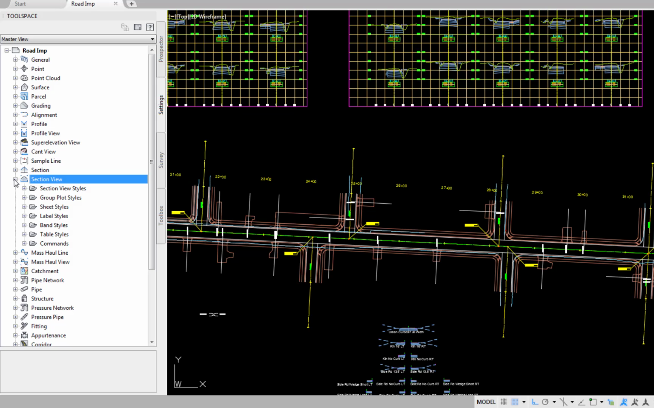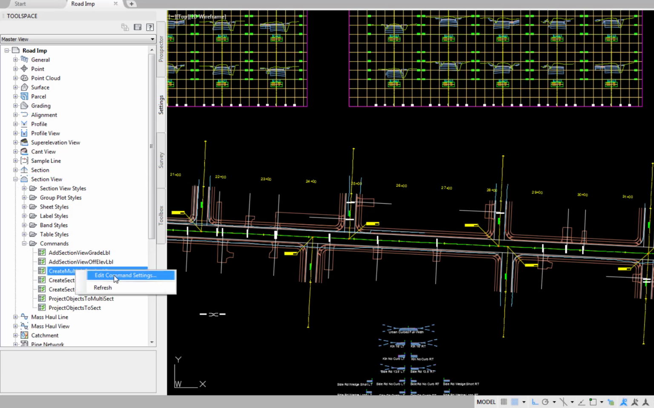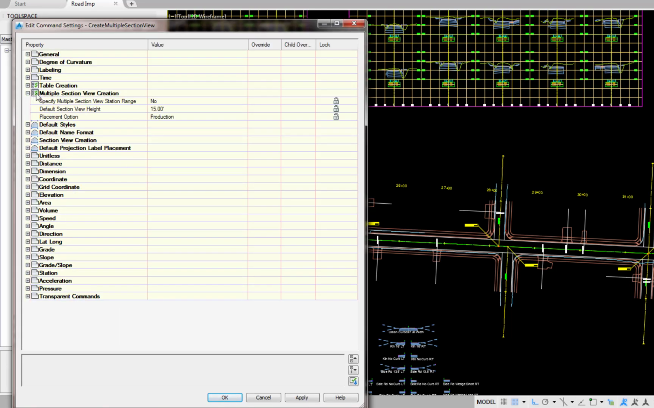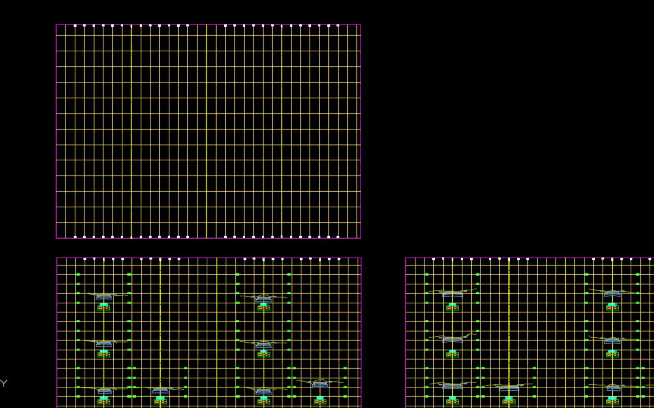Expand section view, command settings, right click create multiple section view, edit command settings, multiple section view creation, specify multiple section view, station range no, default section view height, change 15 to 9.90, enter, placement option, pick the current, draft, OK. The driveway profiles consist of road sections taken at the center line of a driveway and plotted on pre-formatted